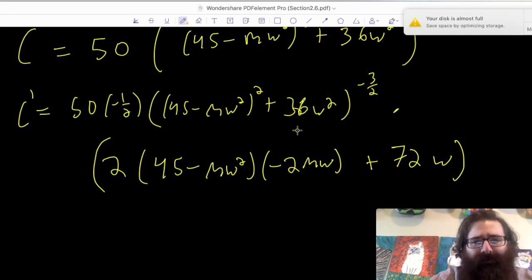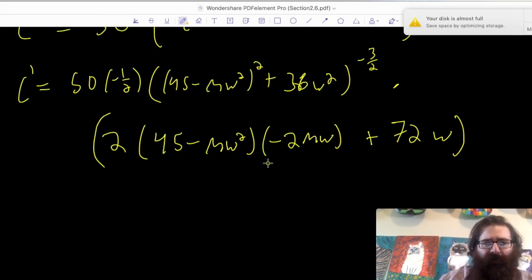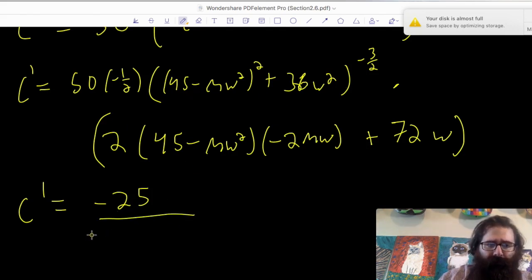Now, if I was trying to clean this up, and again, we'll talk about it in general, C prime: 50 times negative 1/2 is negative 25. And then this stuff is going to be in the bottom, and that's my 45 minus